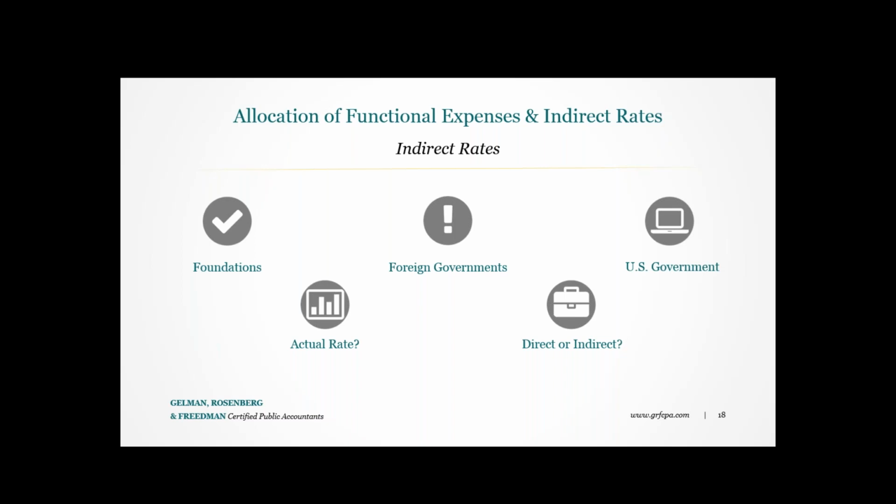The current climate in the not-for-profit world is to lower indirect rates as much as possible. This is the unfortunate reality of the world we live in today. There are certain entities that promise to deliver programs at 100% while subsidizing their administrative costs through alternative fundraising methods. And certainly this model can work well and be very successful, but for organizations that are funded in a classic restricted donor or a US government or other government funded climate, they have to find ways to reasonably and fairly maximize the reimbursement opportunities.